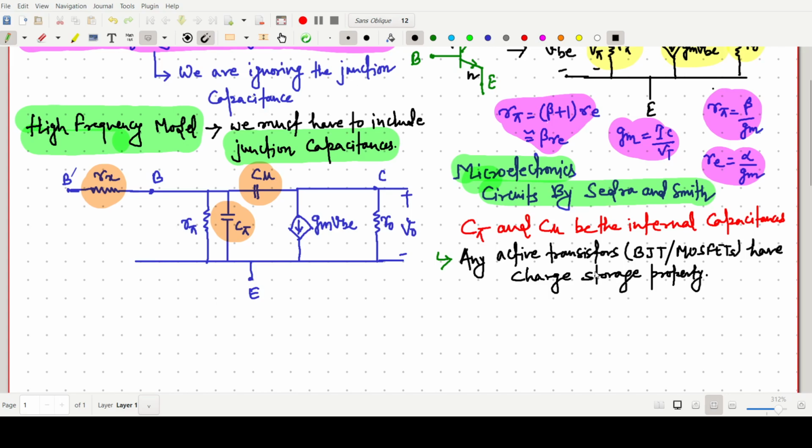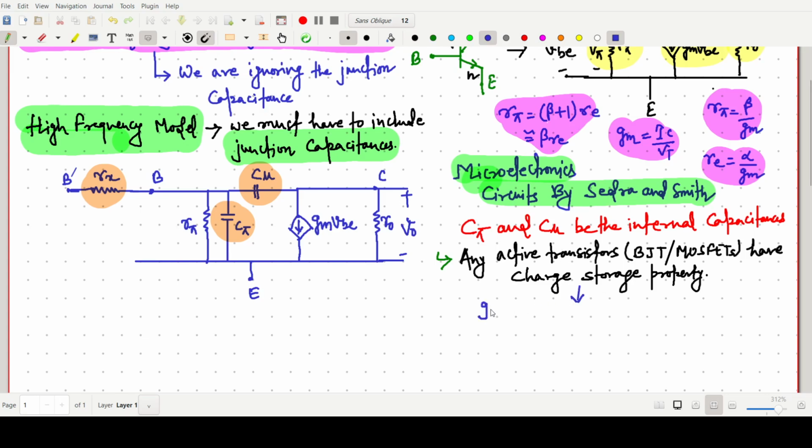Any active device has some charge storage property. So we can say BJT, either bipolar junction transistor or MOSFET, has the charge storage property. And due to this charge storage property,